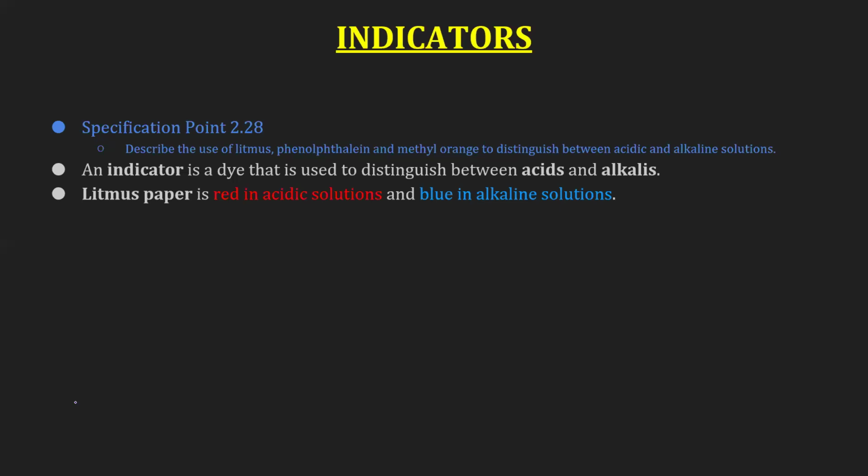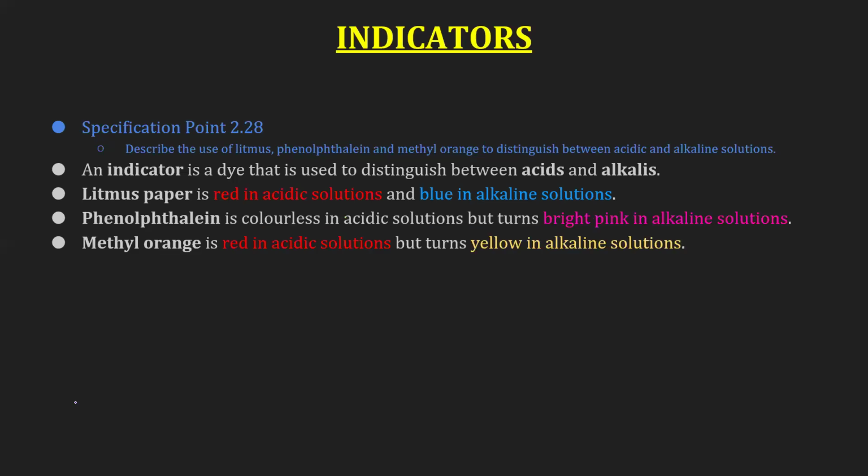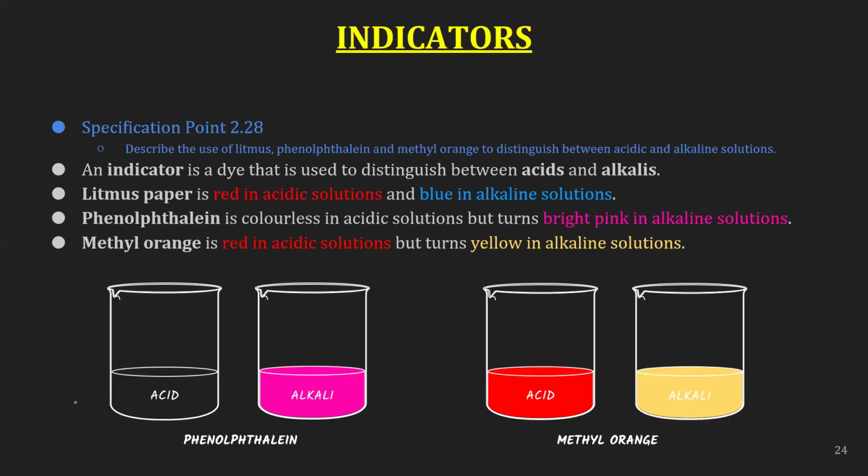It is actually a compound. Normally, it's an organic compound which is used to show color changes. For example, litmus solution, phenolphthalein, methyl orange. These are the famous indicators, and they are there to show you the color change, because you need something to identify, is it an acid or is it an alkali. So these are the famous color changes. Obviously, you have to memorize a table, which I will send you. So you memorize these important colors.